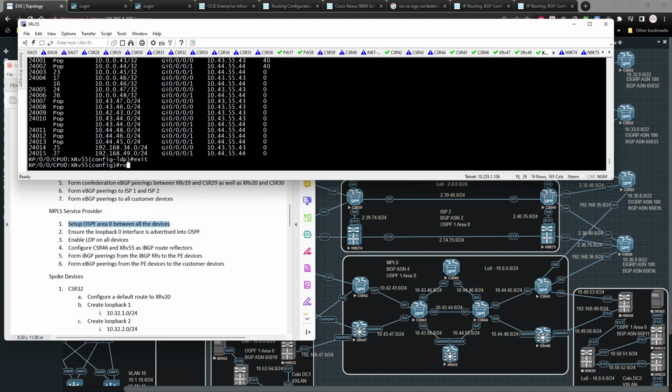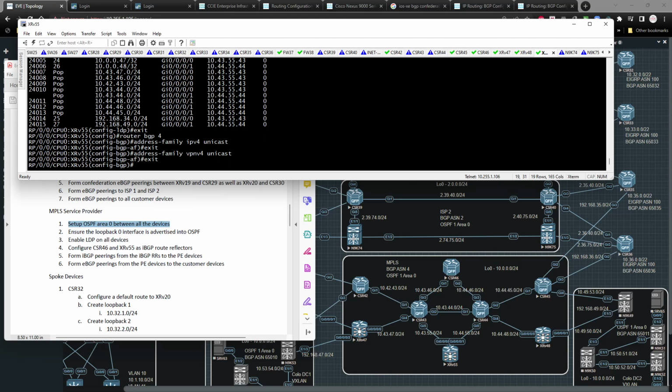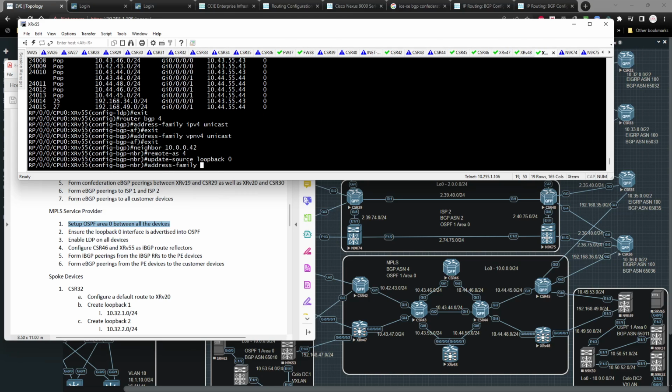Type in router BGP 4. Once I have an address family, IPv4 unicast, this has to be working before you can move forward. And then address family VPNv4 unicast, that has to be working as well. So I'm going to type in neighbor of 10.0.0.42, remote AS of 4, update-source is loopback 0, address family VPNv4 unicast, and I'm going to type